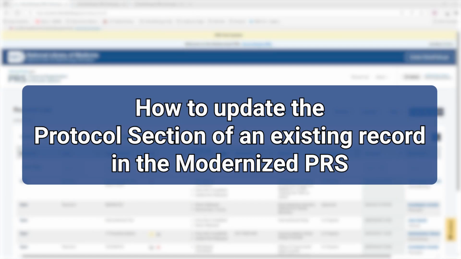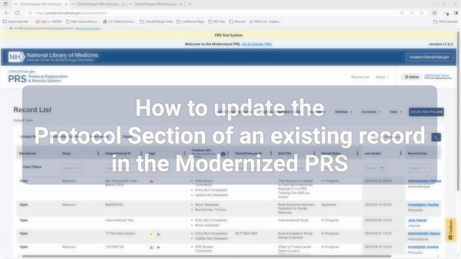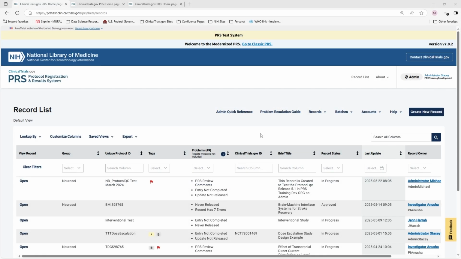How to update the protocol section of an existing record in the Modernized PRS. If you'd like to update registration information in a record you've already created, first locate the record on the record